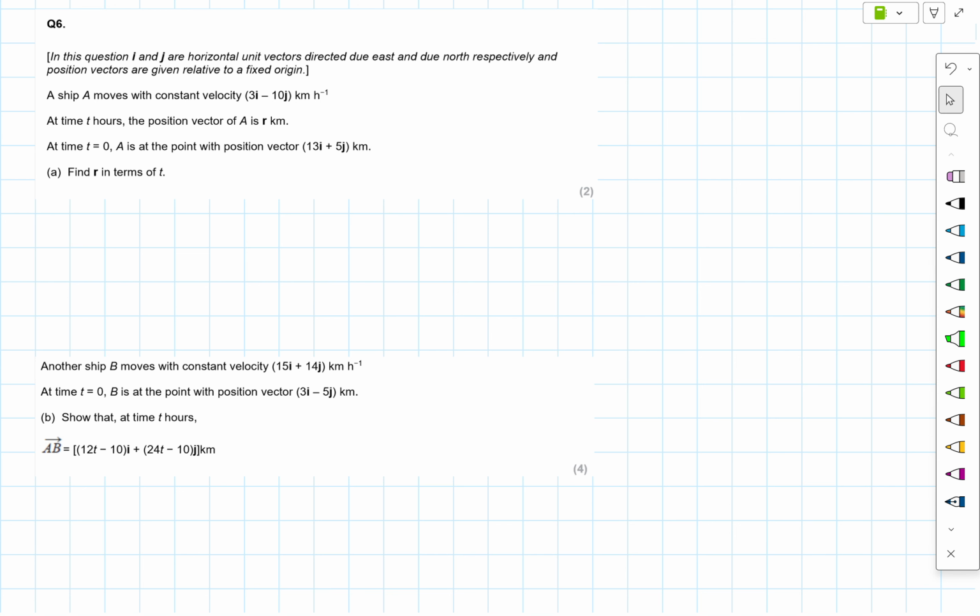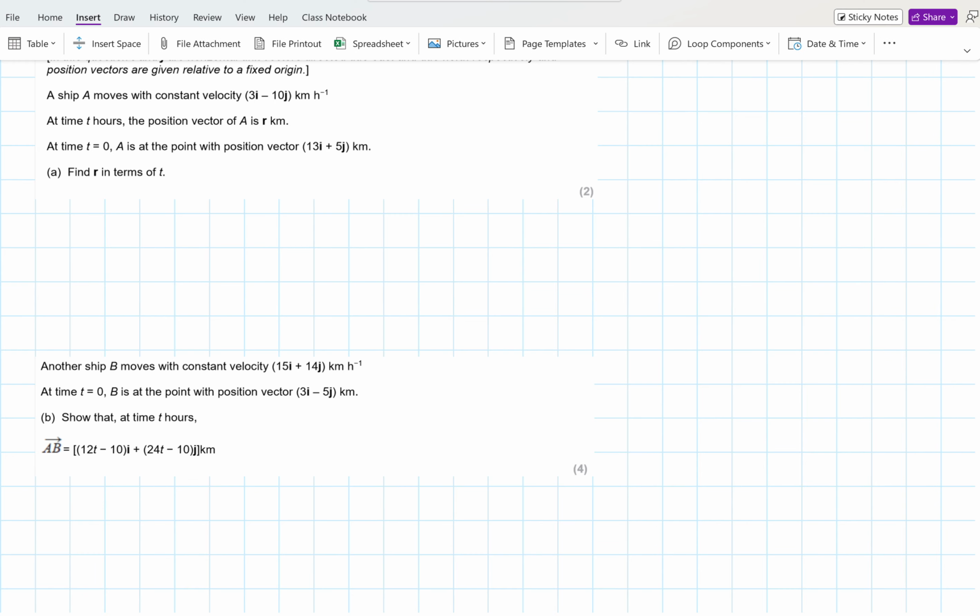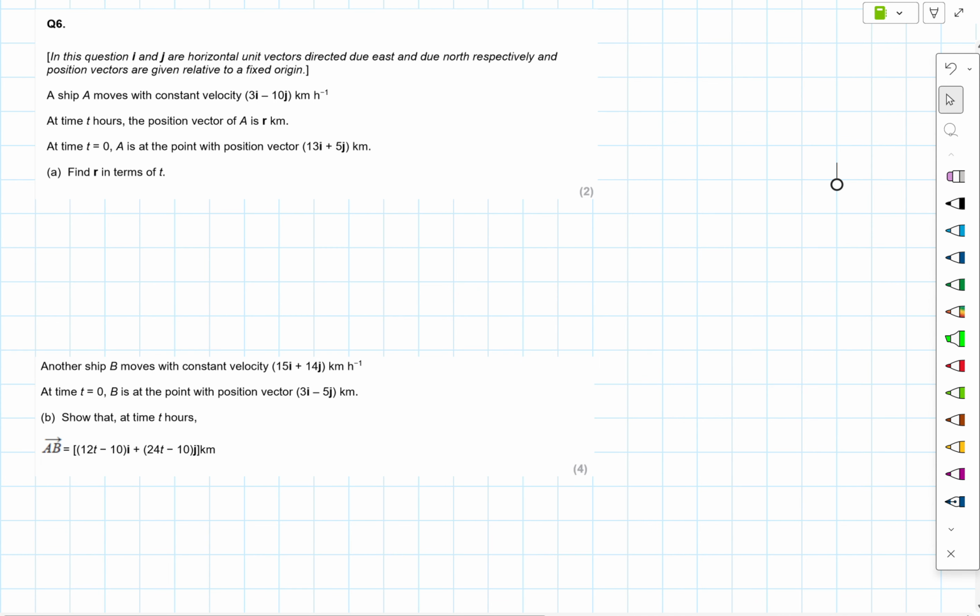This is question 6, and this is one where it involves finding the shortest distance, which is something that a few people struggled with. So let's go through this and see how we do that. So again, pretty standard